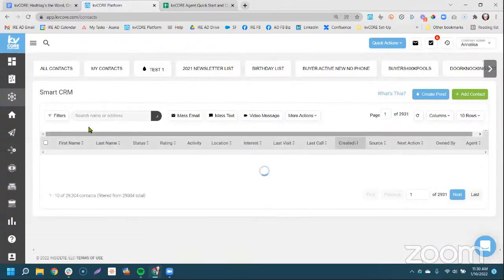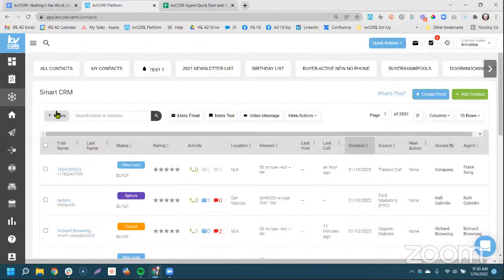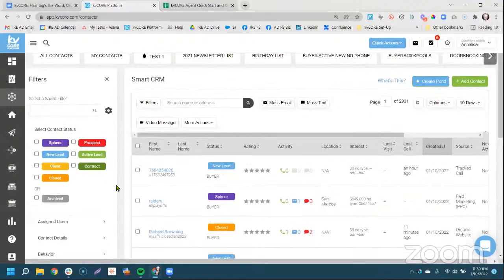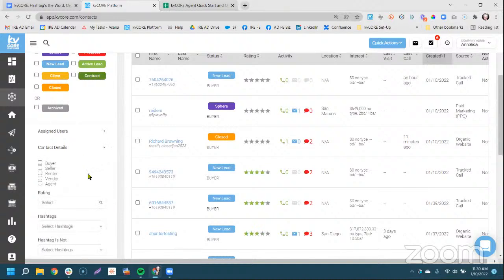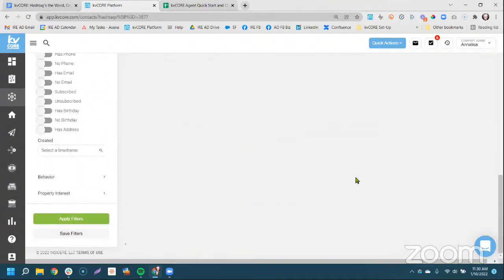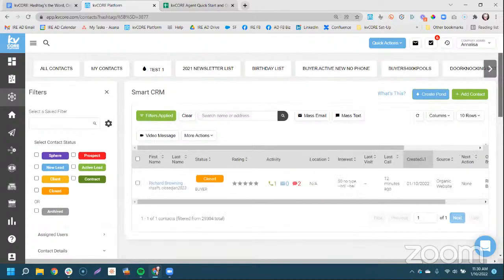I'm going to close that out and I can go into my filter and I can say, all right, well, it's January of 23. Who do I need to move into sphere right now? So then I can go into my contact detail, hashtag, and then I would put in that hashtag information here. So close January 23, apply filter, because I just want to see everyone that has that filter applied, which should just be one person right now.